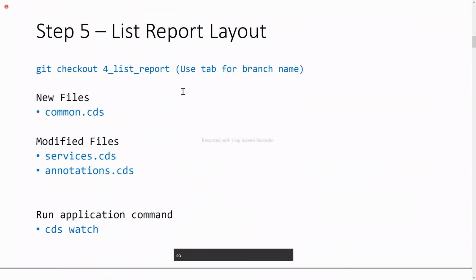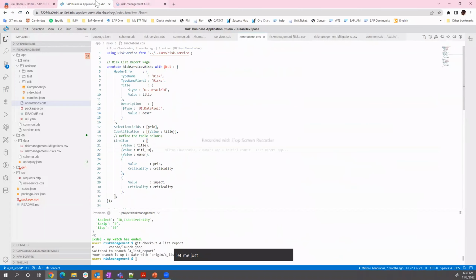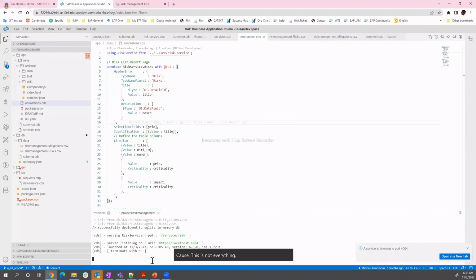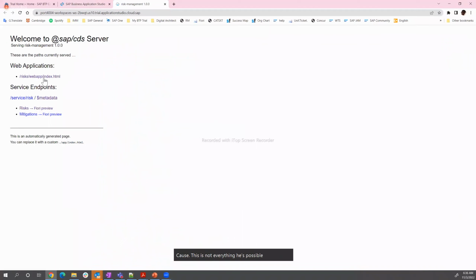Let me just show you what exactly I should have done. I think I'm going to show you one step before this, because this is not everything. These files are not everything here. This index that we open,